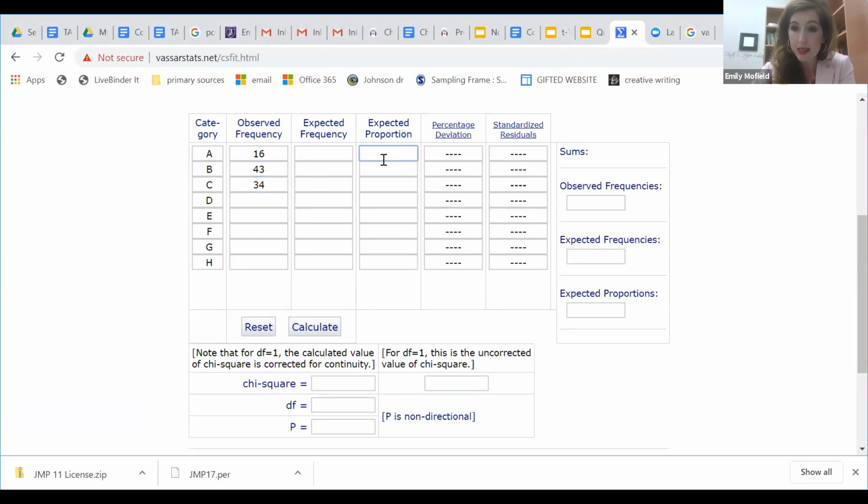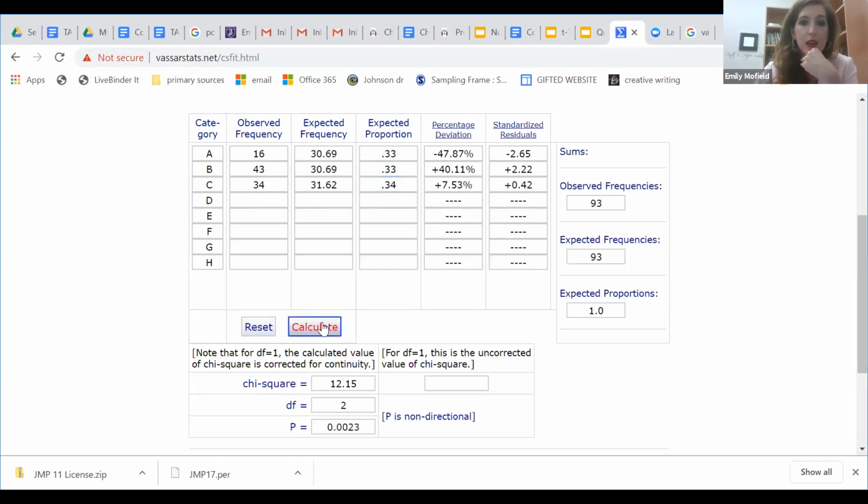And what is the expected proportion? 17%, no, 33%, 33%, and 34%, just to see if one of these is significantly more than the others. And so you hit calculate, and this chi-square is the same that I had found on the JMP